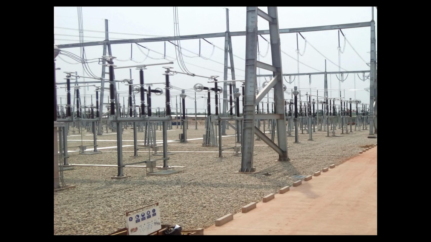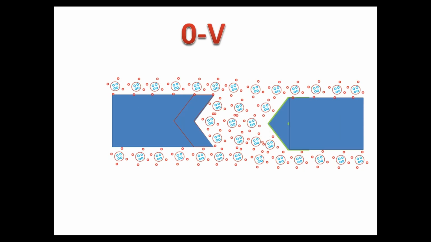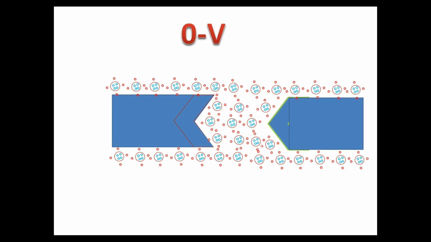And we may all have a doubt, since the isolator is opened at no load. Even at no load, the line will have some leakage current. Due to this leakage current, there will be a flow of current. This leakage current and ionized air make the isolator spark. I believe by this section you all came to know why this spark is coming.